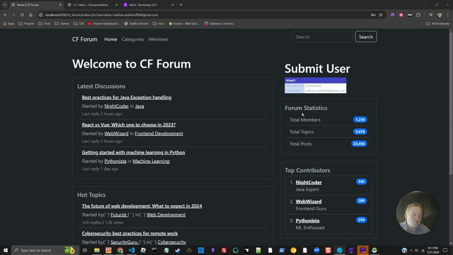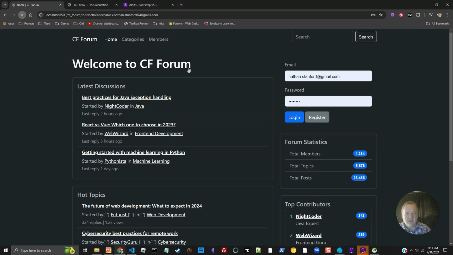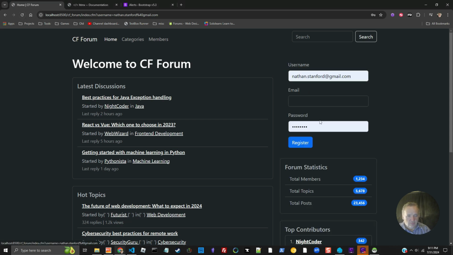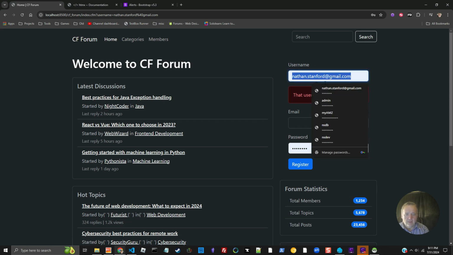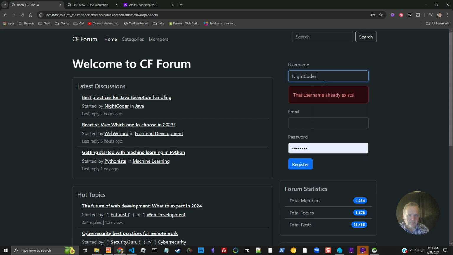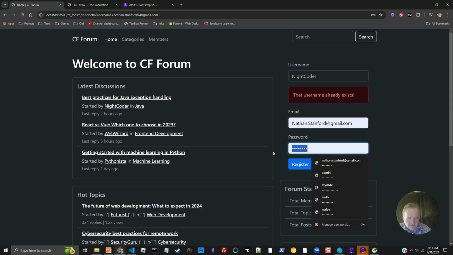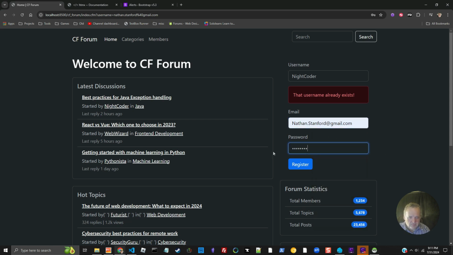Once we get one, then we will try to copy that. In fact, we'll just use this Night Coder as our username. So we will say that we want to register Night Coder. And I guess since I like dark mode so much, it's probably something I would do. Pick Nathan Stanford, and I'm going to just type password. Why? Because I don't have it hashing. I just wanted this to work. We can add hash to the insert and then add hash to where we check. But right now, I just want to see when I hit submit,